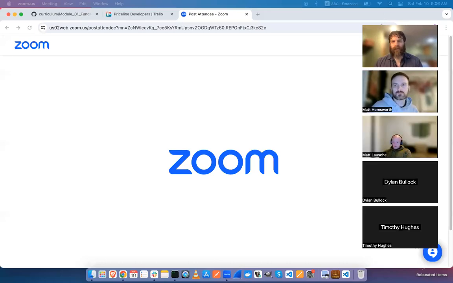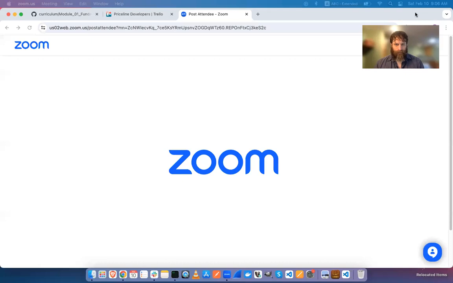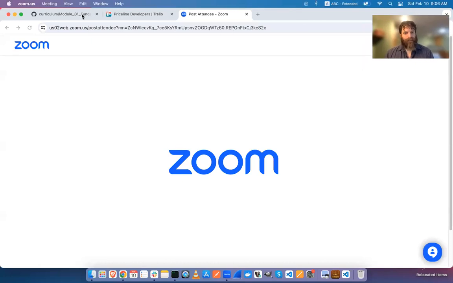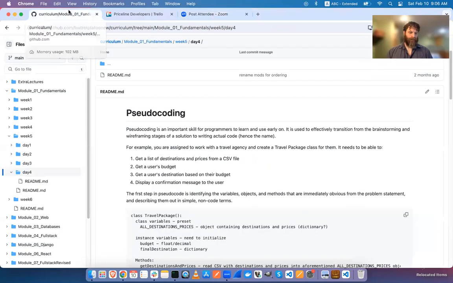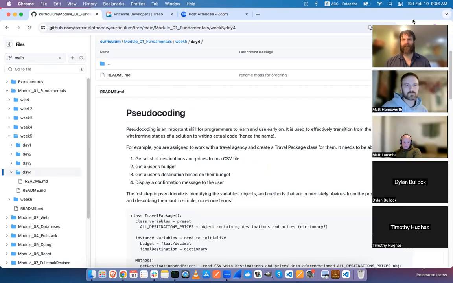All right, so today we're gonna talk about planning development. The typical way that things are going to work once you have a job as a software engineer is that you'll be on a team. You might be in a big company or small company, but you'll be on a team, and